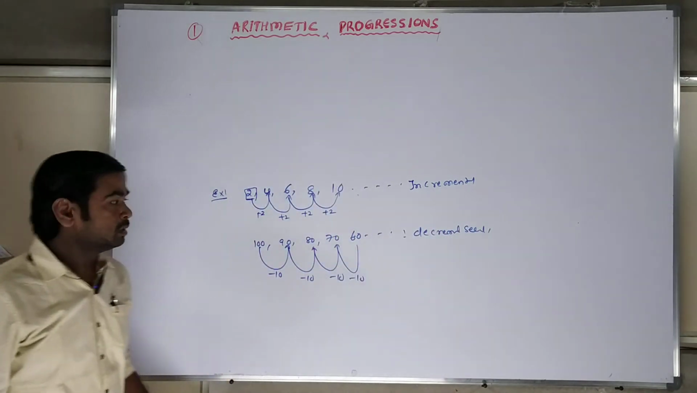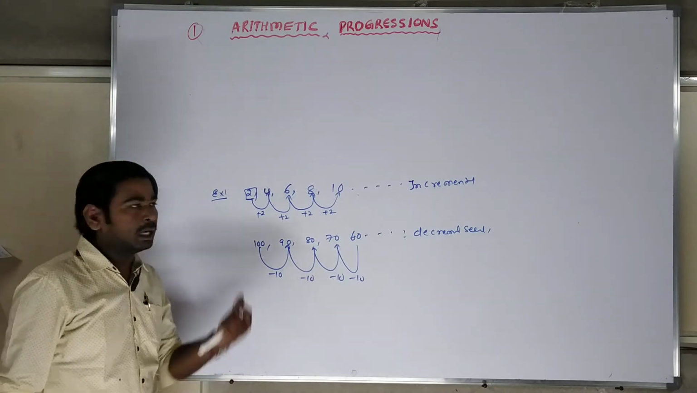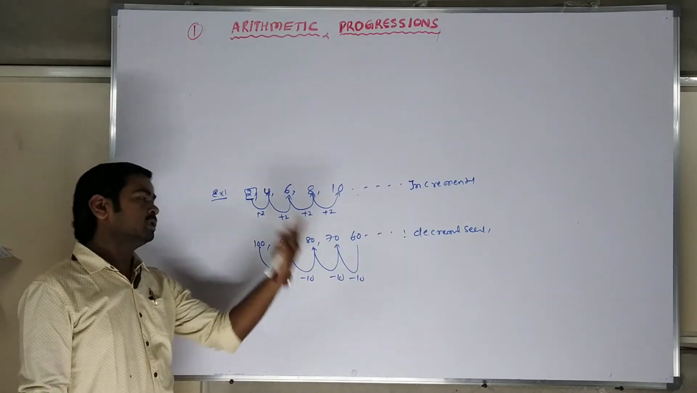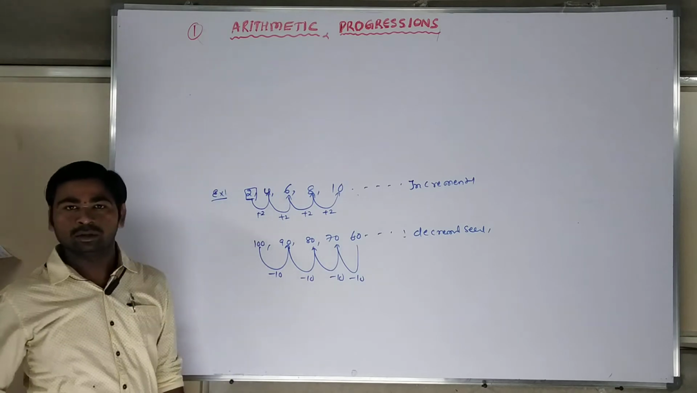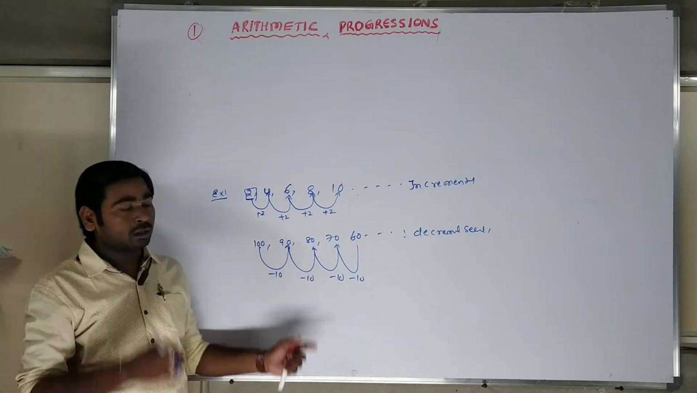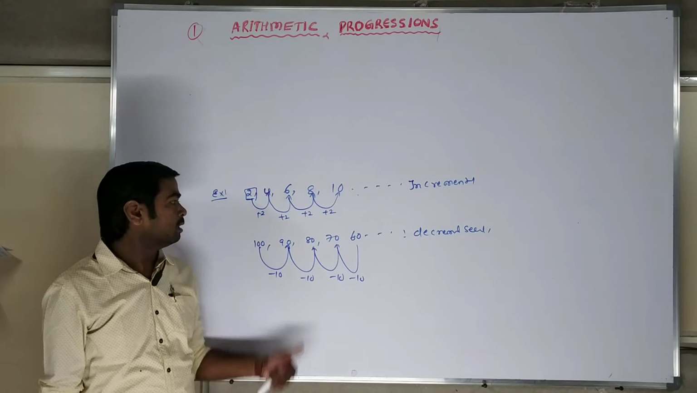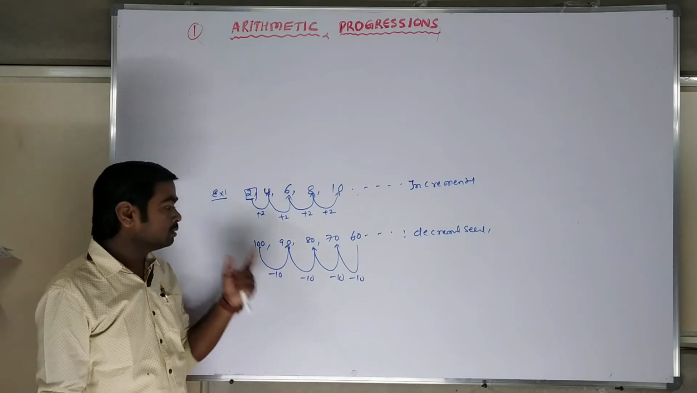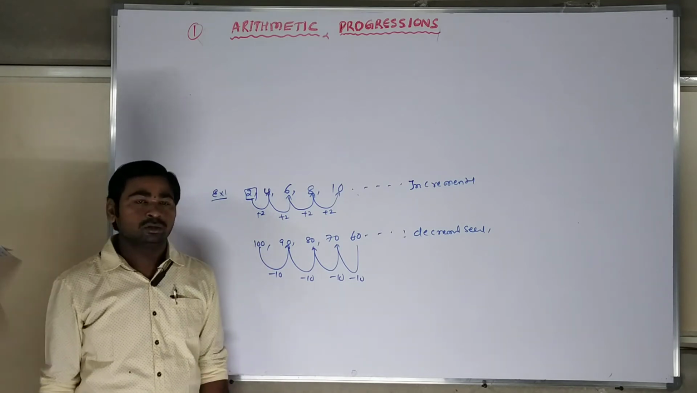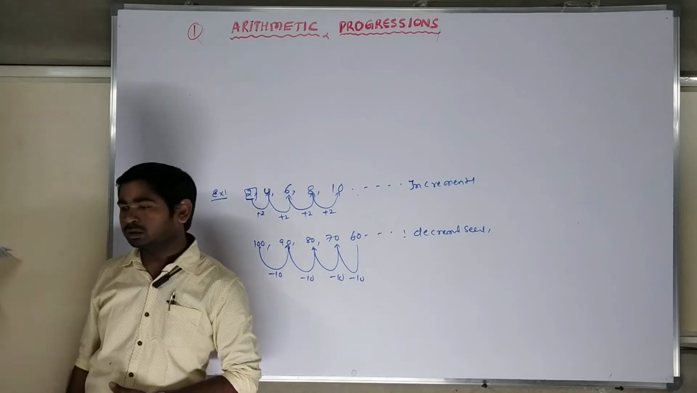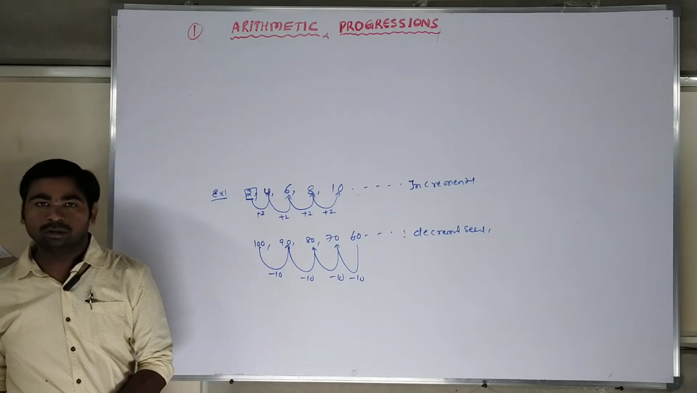Decremental series. Like this, some fixed number is added to the initial number, and the series will keep on going. Such a type of numbers is called arithmetic progressions. Let us clear it. So this is the way the series will be going. If you want to write directly how an arithmetic progression is generated, basically it is